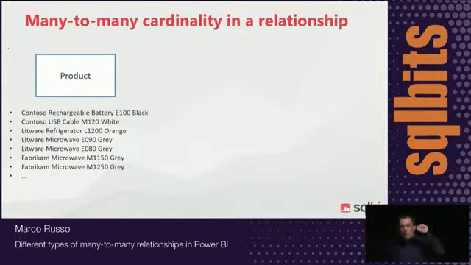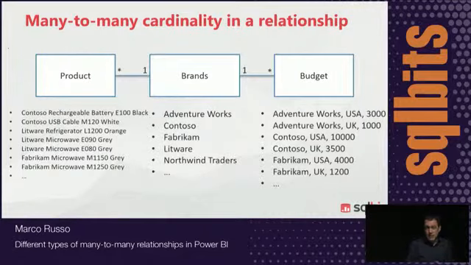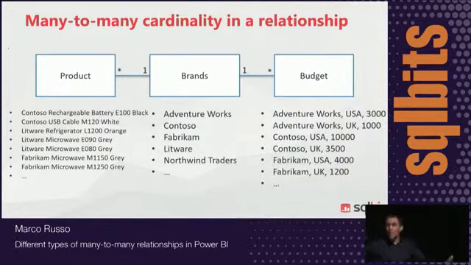In this case, we have a product, which is a table that has a list of products. Then we have a budget, that is a table that has a list of budget assigned by brand. What we did, we created a table with the brands, but the table I added was obtained automatically. It is not a table that comes from the data source. It's a table that I can obtain with the data I already have. And the relationships between these tables are many, one, many. At a very high level point of view, product budget is many, many granularity, but we don't call this a many-to-many relationship, because actually